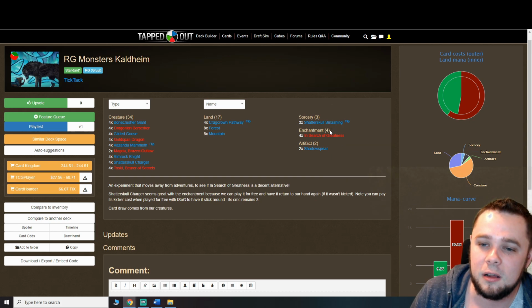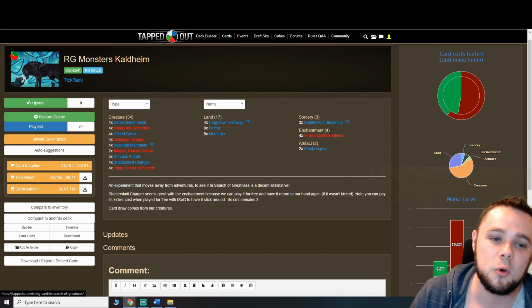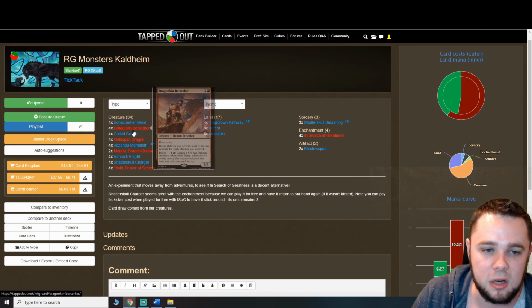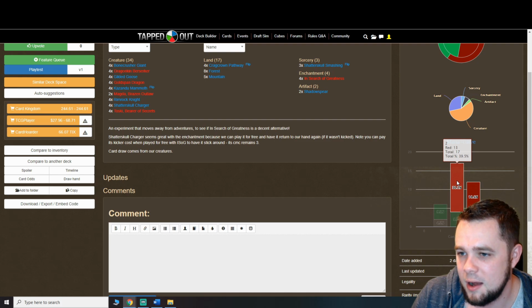But finally, 4 of In Search of Greatness. I didn't even see this, honestly, when I was looking at this. 4 of In Search of Greatness, which is kind of cool because you can go Gilded Goose on 1, play this on 2, and then from there you can get you a free Dragonkin Berserker and start working up the chain here. So you see we have...